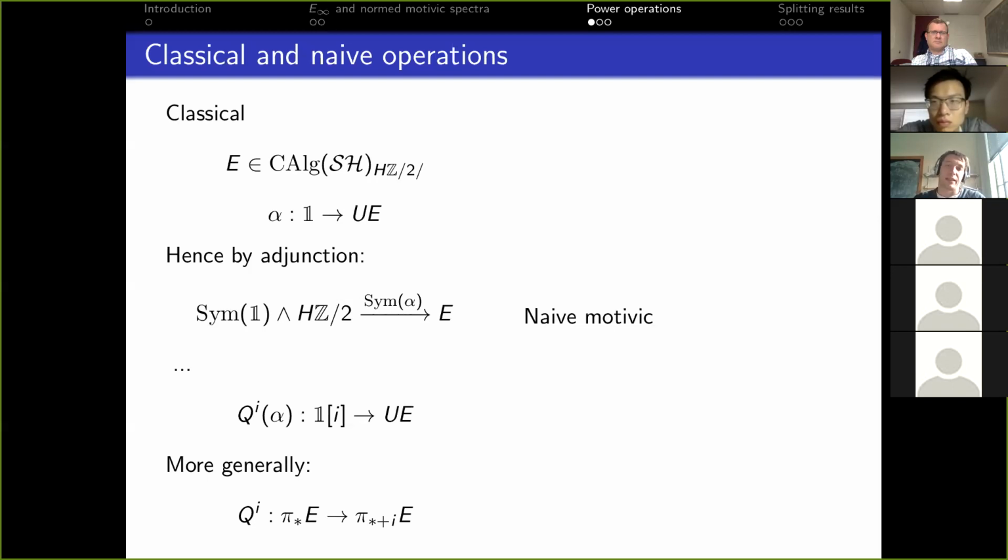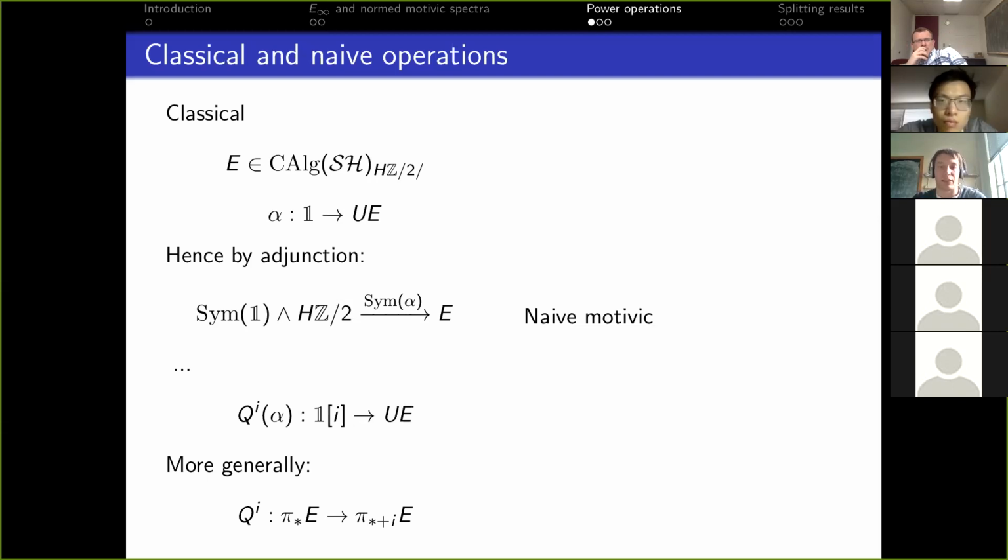Okay, and so I should say that, again, classical topologists probably know this better than I do, but you can use these to prove very interesting results. And in the last section, I'm going to try and explain some of the results which I can prove with this. Now let's try to do this again motivically, and let's first try to do this for this sort of